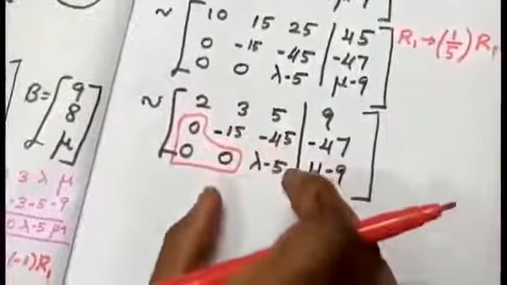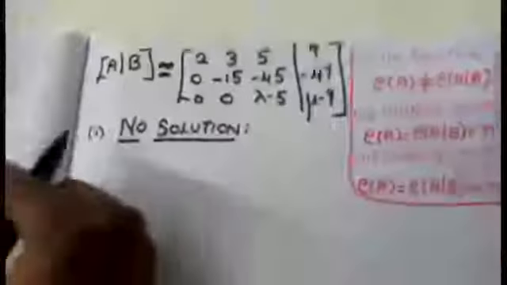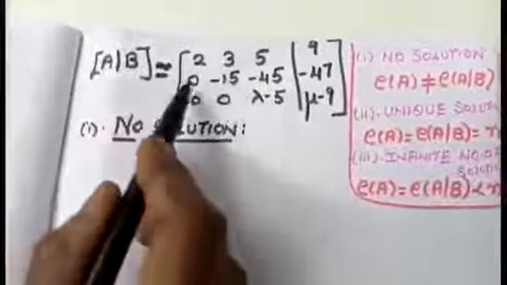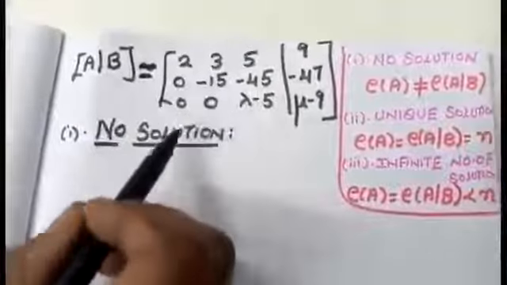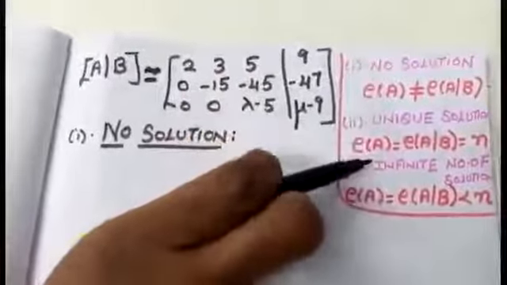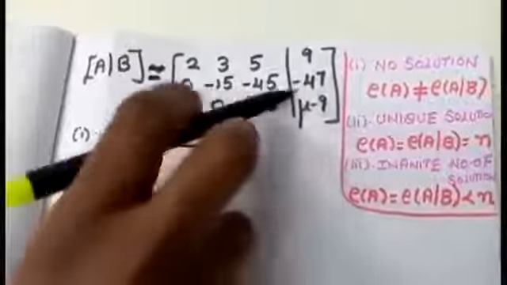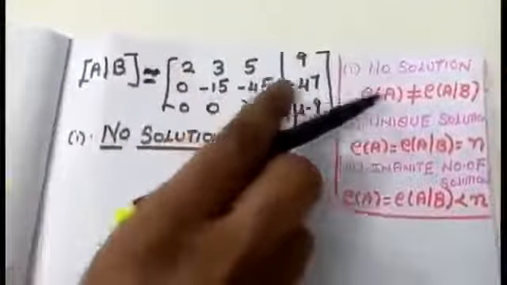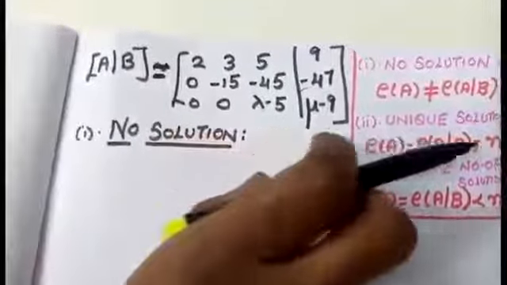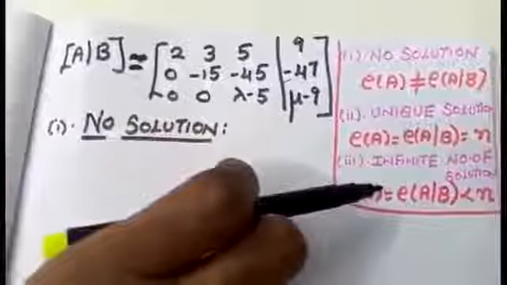Now we are going to check whether we have no solution, a unique solution, or an infinite number of solutions. Now I am taking the augmented matrix AB. I am getting it in this form. In these three places I am getting the value as 0. Now I am going to check the conditions: no solution, unique solution, infinite number of solutions. For all these three concepts we are going to check only the rank. No solution means rank of A not equal to rank of AB. Unique solution, rank of A equal to rank of AB equal to n. Infinite number of solutions, rank of A equal to rank of AB less than n.